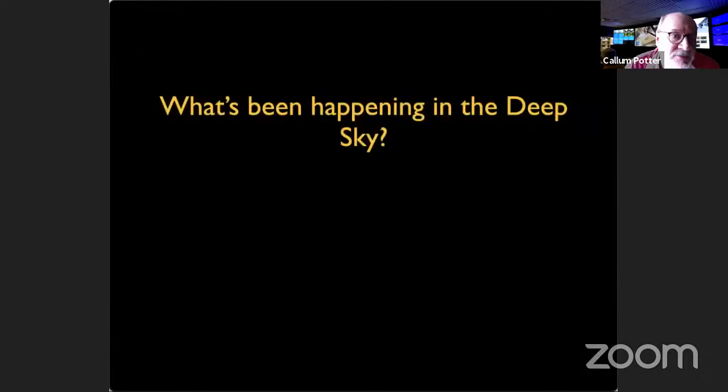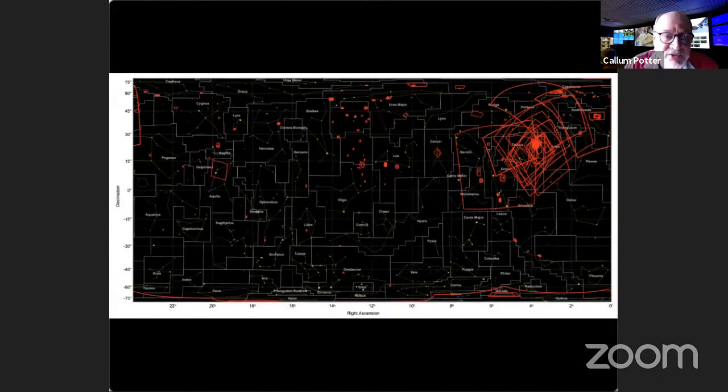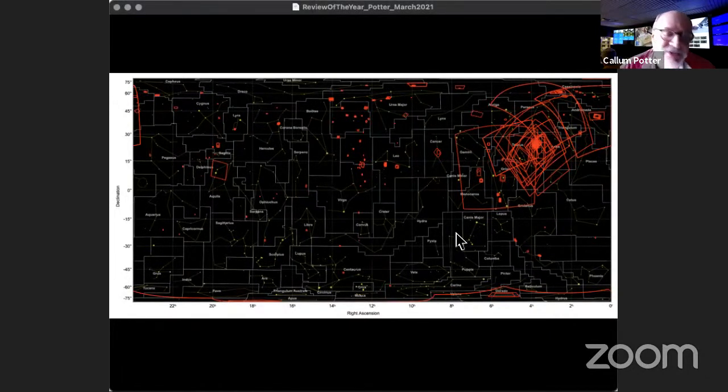Another nice thing about Dominic's software is it lets you do a map of observed objects. So this is observed objects in the past year or so on the sky, which have been classified as deep sky. It's quite possible that some of these objects aren't actually deep sky objects, and the classification got a little bit awry.